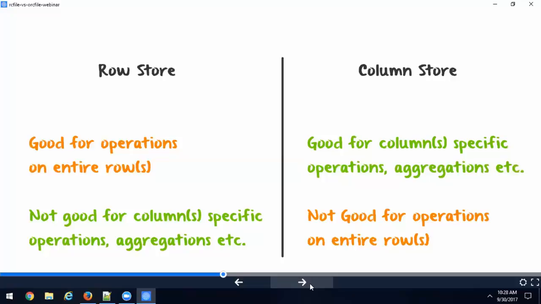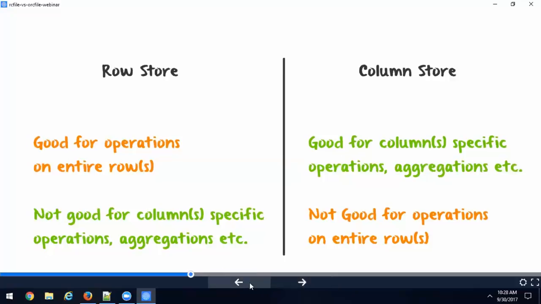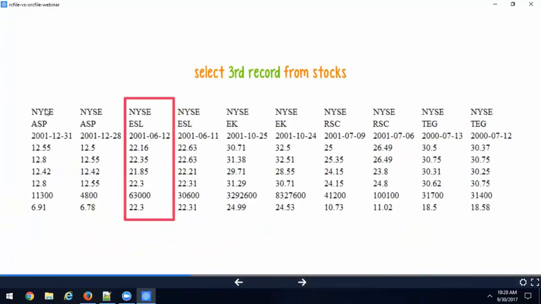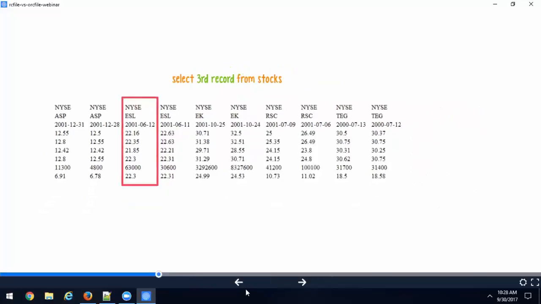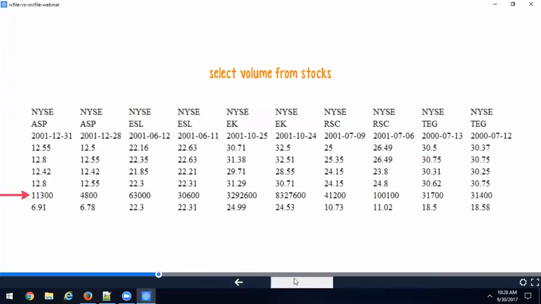One more advantage with column store is that the compression is going to be awesome. Why? Because all the column values from the same column are stored together, which means I have strings stored together, date values stored together, number values stored together. So I can apply compression based on the data type of the column. It's going to be very efficient. And you can do a lot of encoding enhancements as well, like how you save the column on the disk. You can go to that level and save everything efficiently.